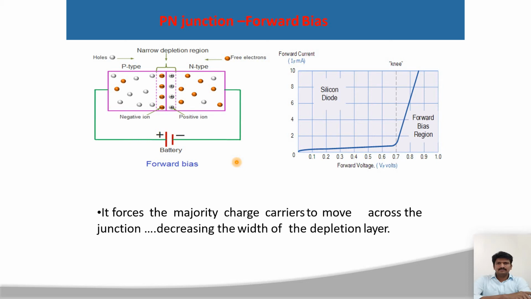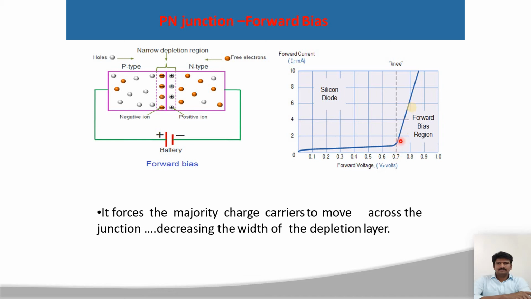When the depletion region becomes narrow, the conduction possibility increases. See this one, we have the forward voltage, and the forward current in milliamps, and here it is volts. Here the voltage goes on being applied in increasing order. Then what happened? We have a decrement of the depletion region, so there is a possibility of increasing the free electron movement. So they are having some current